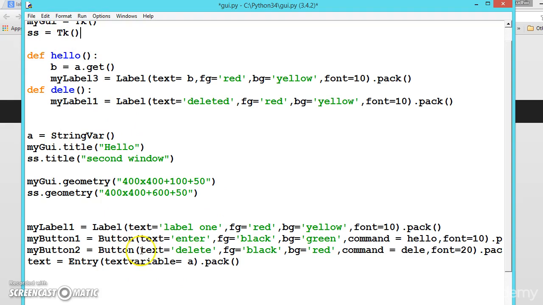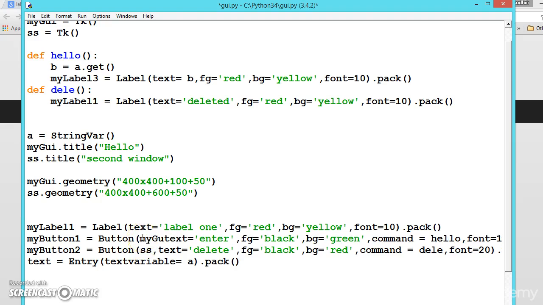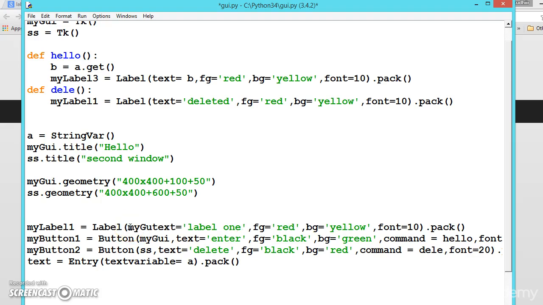Suppose we want this one to be the delete button for the second one, we'll pass the object. This one for the first object, my GUI, and the label also should be for the first one, and the text also for my GUI. So only this one will be applied to the second one.